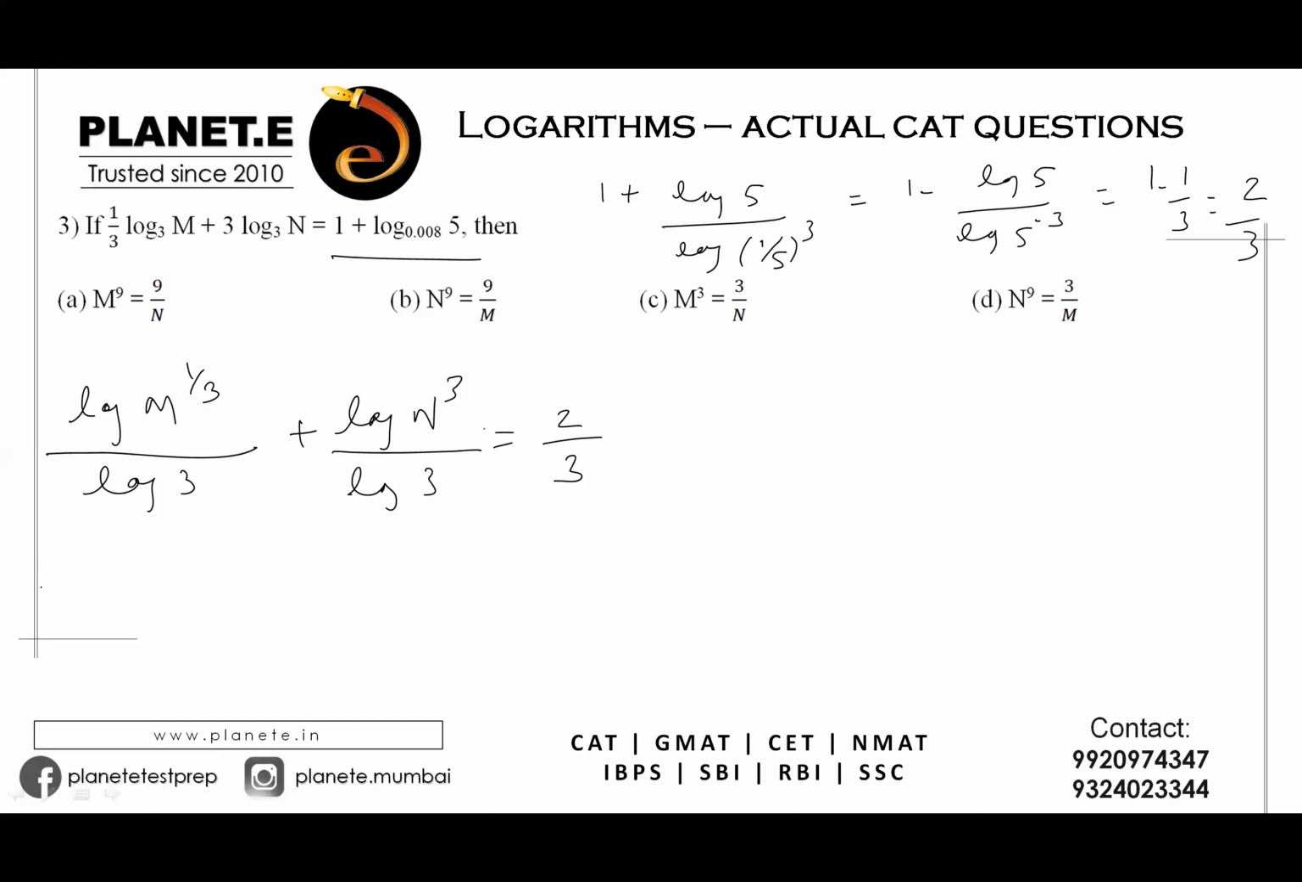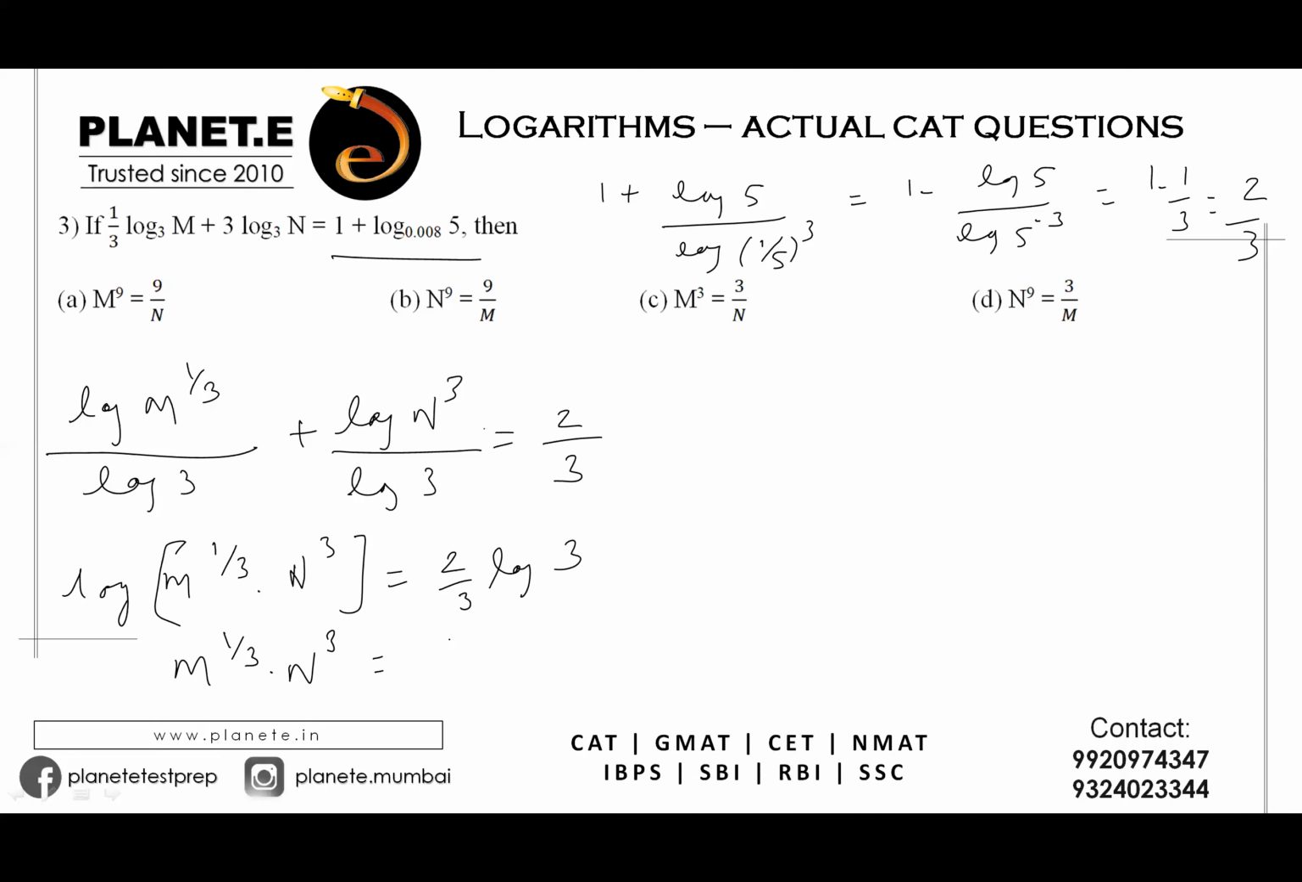Now I can continue writing it as log m raised to 1 by 3. Log a plus log b is log ab, so I can write it as log of m raised to power 1 by 3 into n cube. And the log 3 in the denominator, I can move it to the other side. So that is 2 by 3 log 3, right? As simple as that. So here I can write m raised to the power of 1 by 3 into n